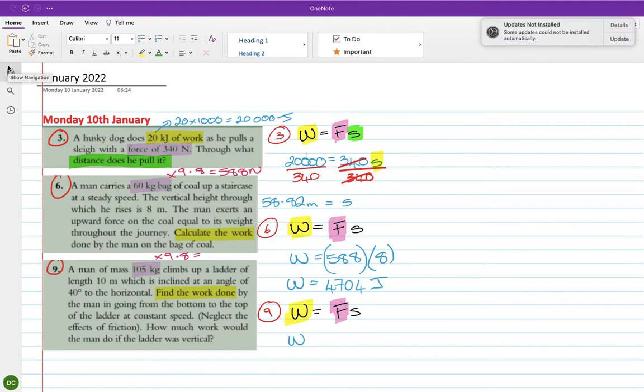So that's 1029 newtons. Okay, and like I was saying in the last question, the S needs to match the force. So the fact that we're figuring out this man's weight, because he is taking his body off the ground against gravity, and gravity acts in the vertical plane, we're going to need to figure out the vertical height that